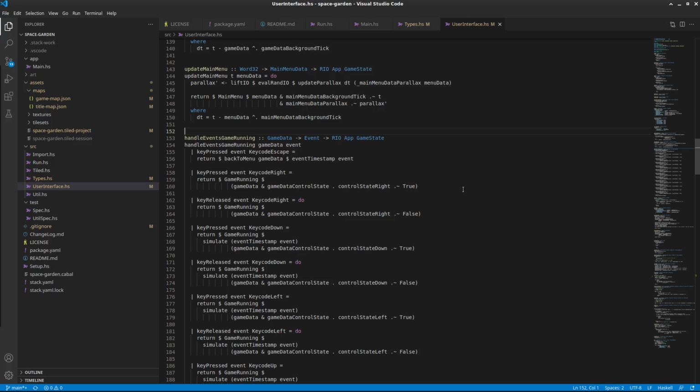So there's basically six variables in that game control state, telling if the player is currently pressing to the right, left, up, down, jump, or watering button. And when we are pressing down, we set that variable to true, and when the key is released, we set it to false. This we need to keep track of the control state because,